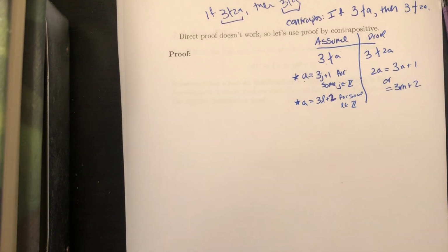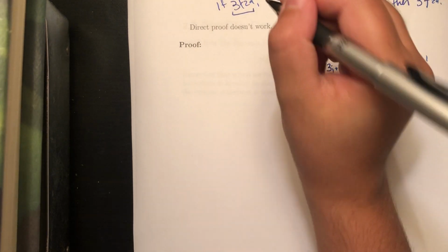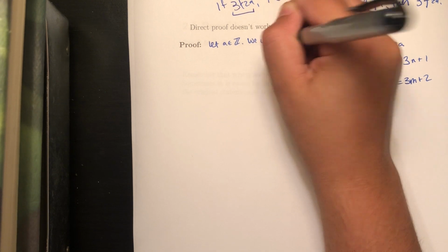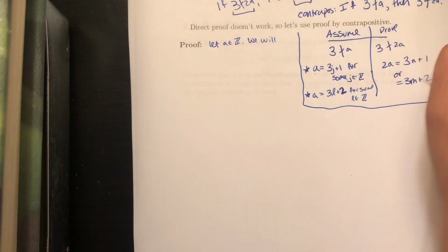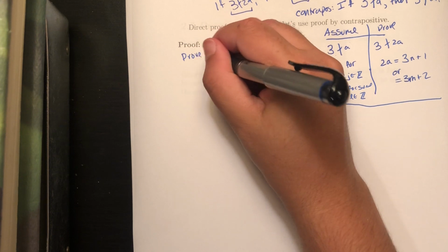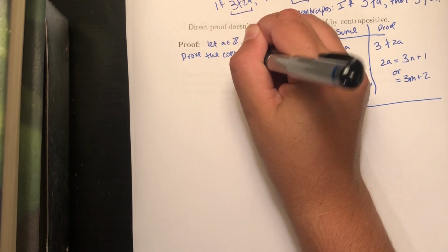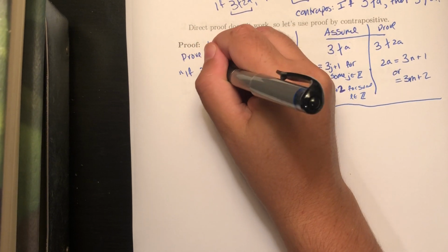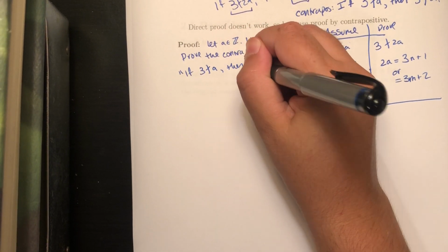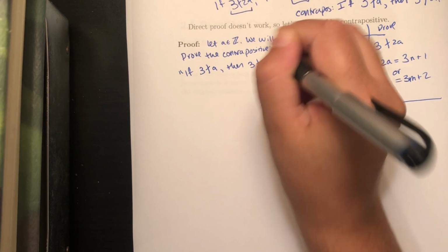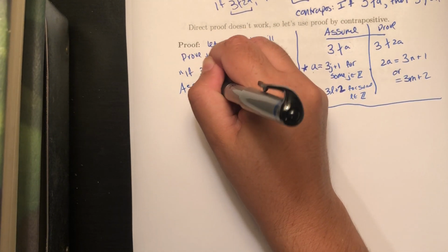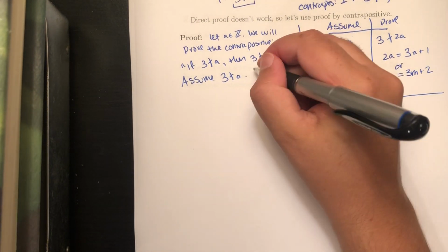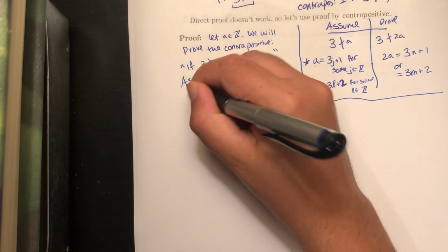Okay, so let's try and start writing this proof. Let a be an integer. We will prove the contrapositive, which states: if 3 does not divide a, then 3 does not divide 2a. So we assume 3 does not divide a. Okay. If a is not a multiple of 3,